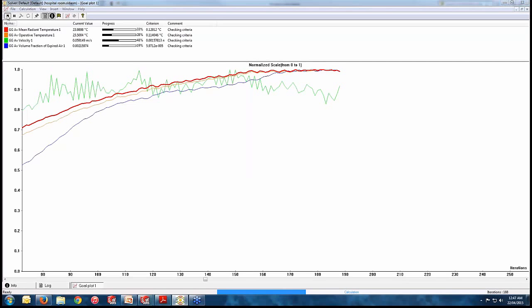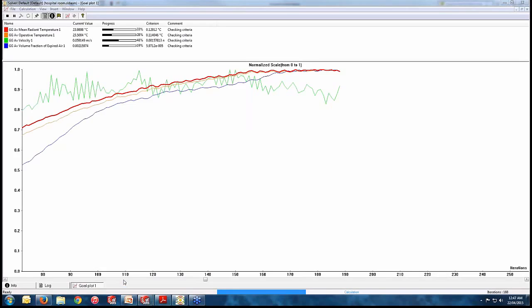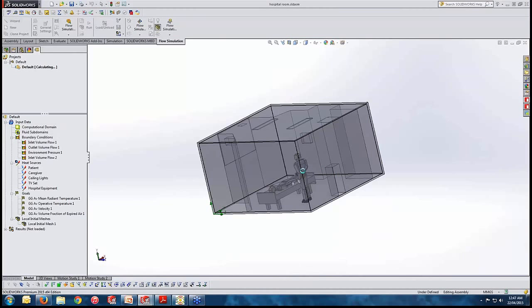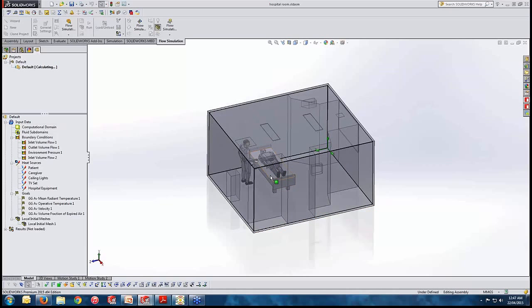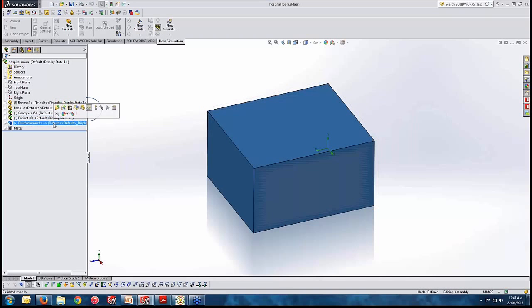Okay, yes, save, and then we will go back to the project. All right, while it's saving, let's have a quick look at the regions and domain as we briefly described before. Here is the caregiver, here is the patient bed, and you can see we have different areas in the model. That's the room. We have the bed, caregiver, patient, and the fluid domain, indicating we're talking